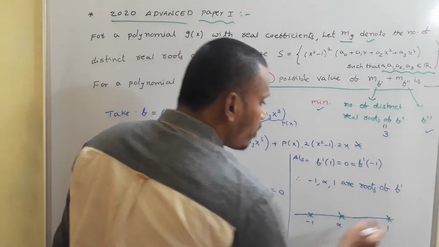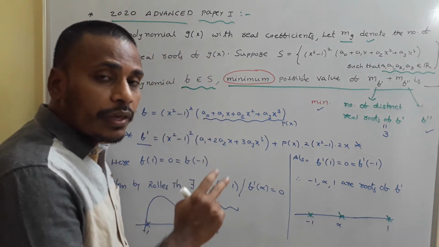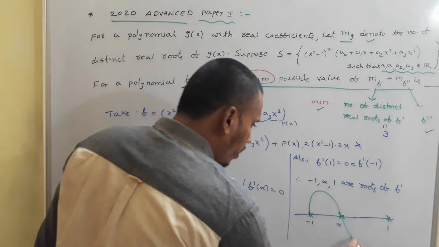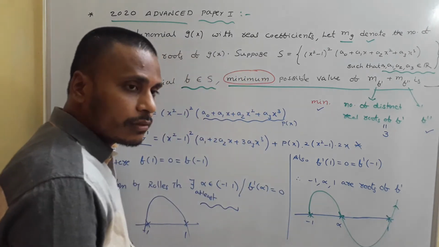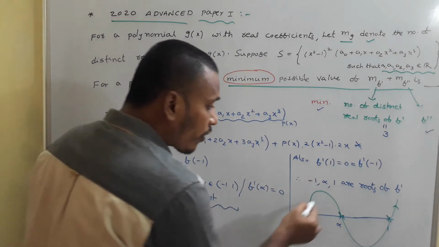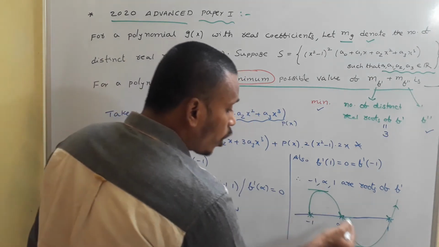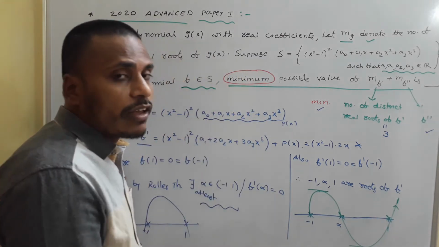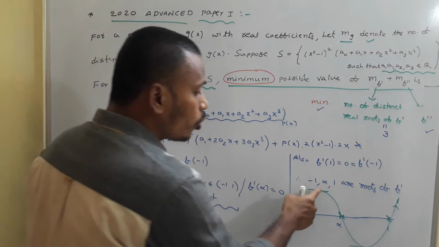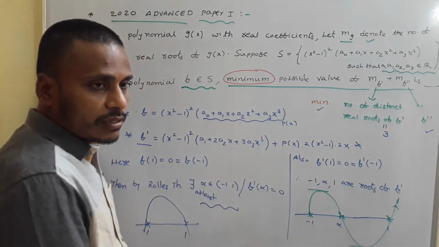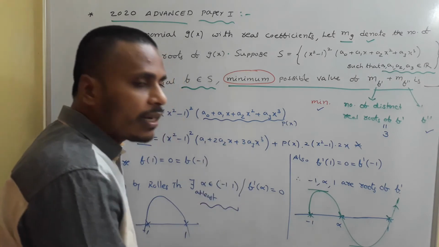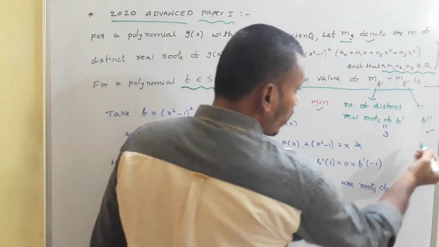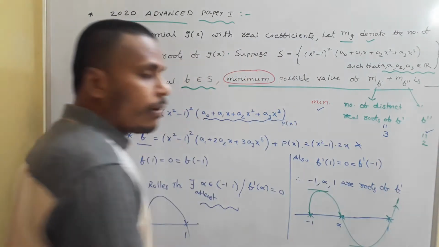By passing through these 3 points, f dash will generate 2 peaks or 2 turnings for its graph. For example, I am just sketching; it may be any one possible shape for f dash. If this is the possible shape, it generates 2 peaks. That represents that there are 2 roots for the derivative of this graph. This graph is for f dash, its derivative is f double dash. That f double dash has 2 roots because f dash has 2 peaks. Since we are searching for the minimum, it has 2 roots, maybe more than 2 also possible. From the given information it is very clear that we have 2 distinct real roots for f double dash.